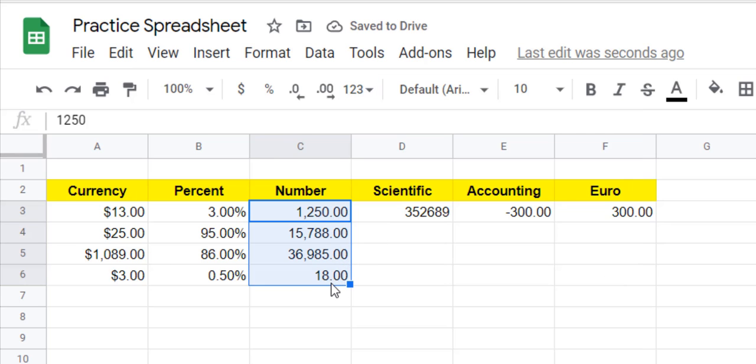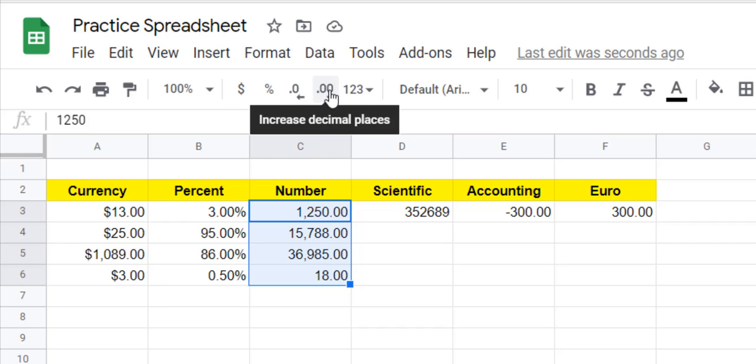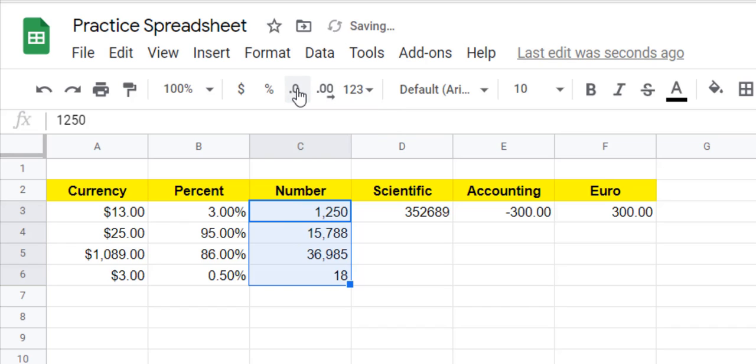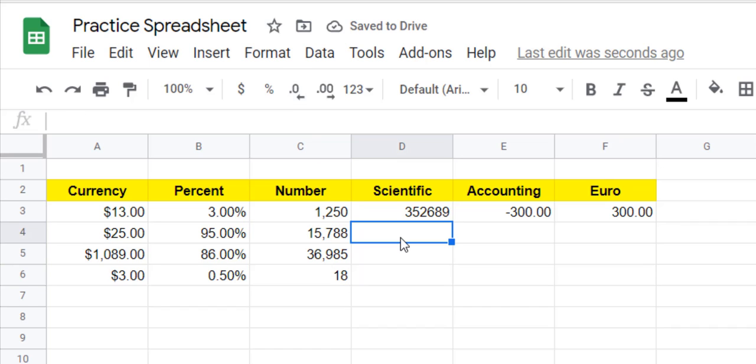Now I don't want the 2 decimals. So these 2 buttons let you either decrease or increase your decimal places. If I want fewer, I'm going to decrease. I'm going to click it 1, 2 times, and now I have 0 decimals on those numbers,